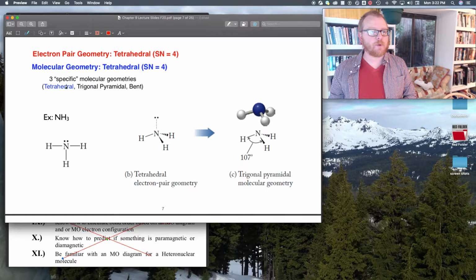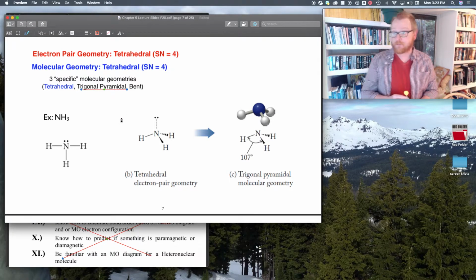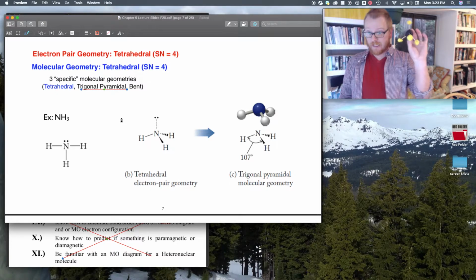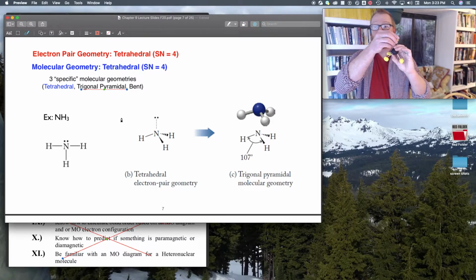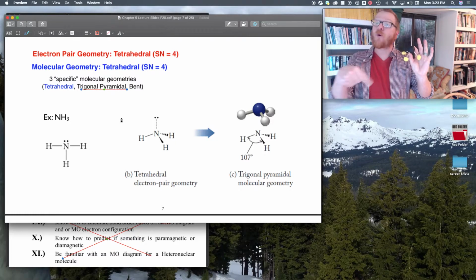Oops, now, so this one is supposed to be trigonal pyramidal, okay? Or a trigonal pyramidal. And so now I can do that by the following. If I still stick with my tetrahedron, and I just remove one of these atoms and replace that with a lone pair, it still has four things